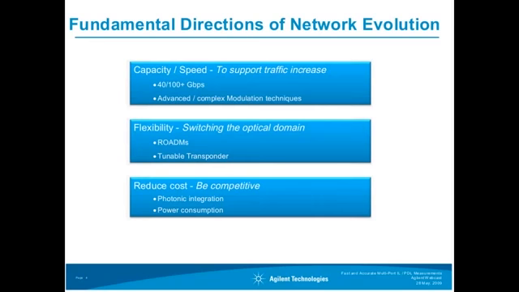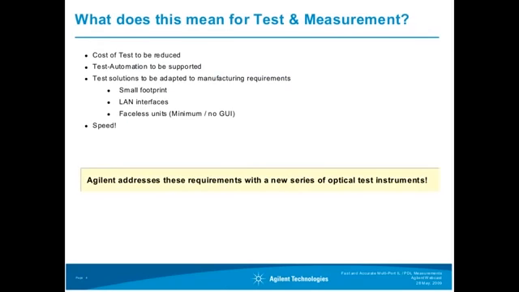These are now the fundamental directions, but the question is, what does that mean for the test and measurement industry? And of course, first of all, the cost of test has to be reduced. This is very important, and this is supported by test automation. So the test needs to be automated so that the throughput can be increased, and automation then again requires certain